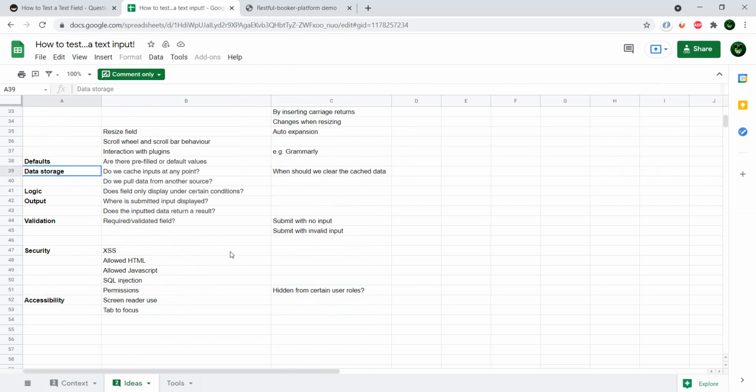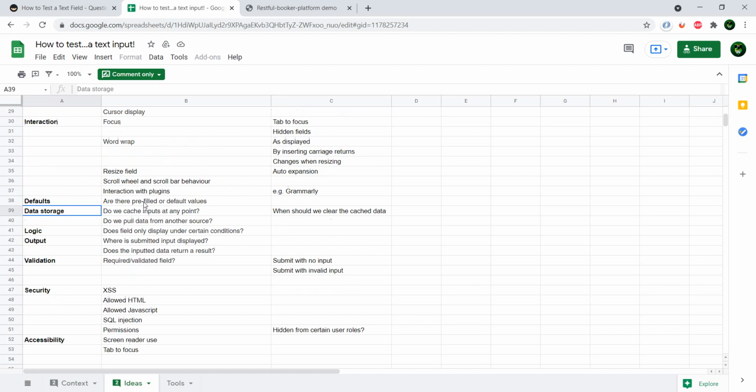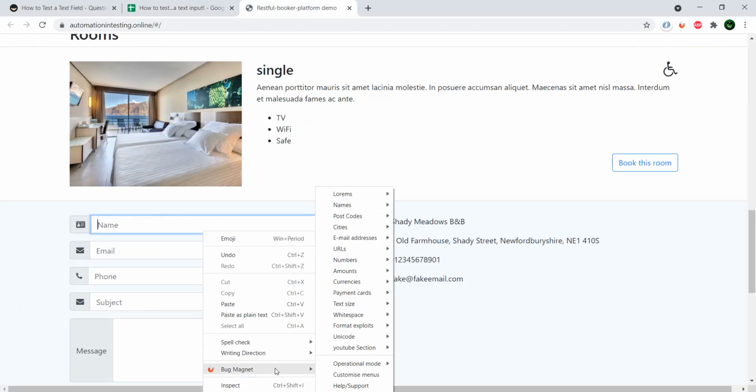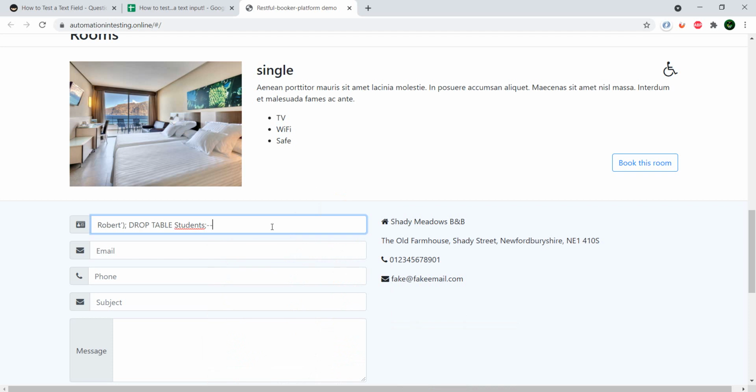And I'll let you have a look at this Excel sheet more, especially in the direction of a functional perspective. So once you're done with the functional part, you might want to go into the non-functional. So trying security. So trying to see if it allows, let's see, we have here some exploits. So if it allows SQL injection, if it allows JavaScript code, if it allows HTML code to be entered,